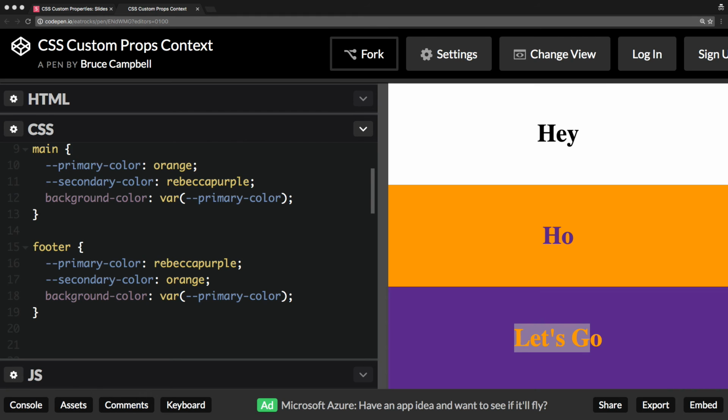Because right now, when you create a media query, say for printing a page, you have to go through every element you want changed. Let's say I want to make this grayscale, and I'm not going to print any color. When I do a print media query, I've got to manually change everything in main, everything in footer, in the media query for print. But with custom properties, I can just change that one property